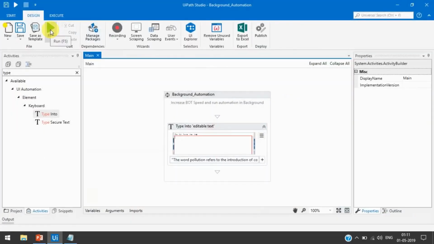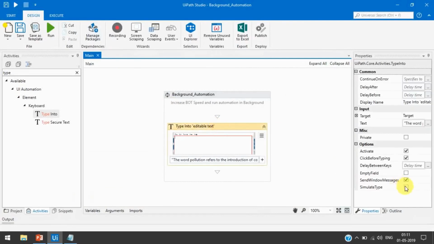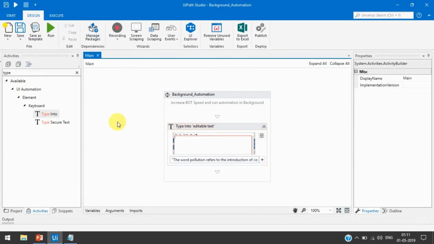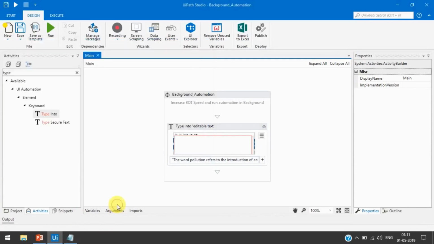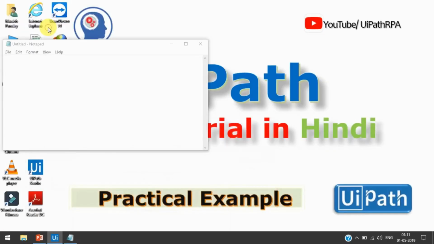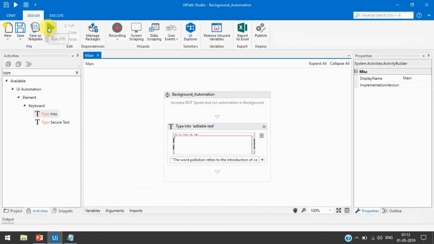So now you can compare the time here, and now the last method, the simulate type method. So here the speed is 100%, so it will complete this automation in a few seconds. So let's remove this and let's run this. Now you can see it is done in a few seconds, like in 1 second it has completed the typing here.